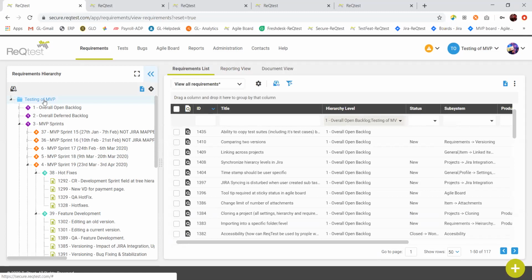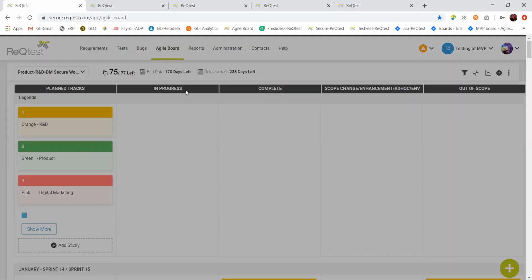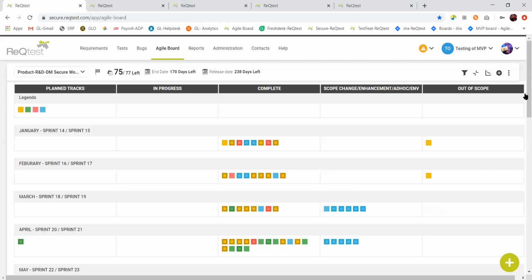So again, with this new deployment that we have done, there are two approaches. One is that some customers really like to have a good high level view. They just want a quick summary in just 5 minutes to see what my progress is. So as you have been working in the existing ReQtest, we have an agile board. So the way I internally work with my client,